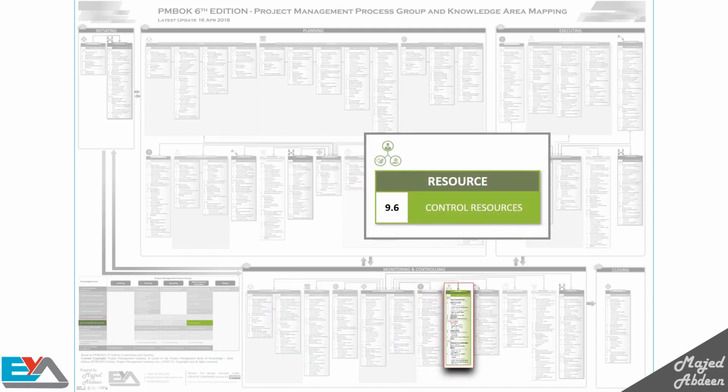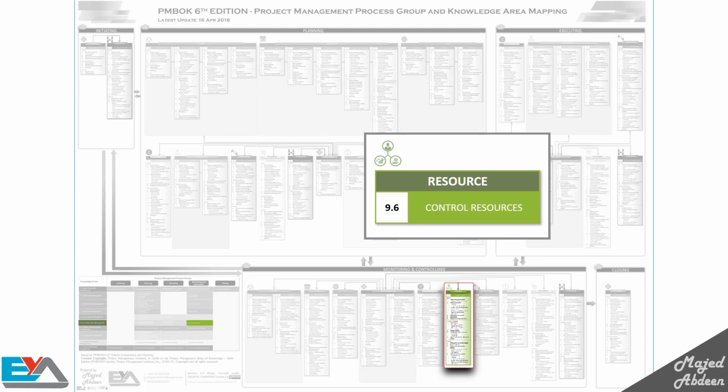In the previous two processes in the resource management knowledge area, develop team and manage team, we focus on the labor resources. Here in this process, control resources, we focus on the physical resources, such as equipment, materials, facilities, etc. The main concept of controlling these resources is to ensure that they are available as planned, and that they will be released according to the plan, so at the right time, when they are no longer needed, and in the right amount.